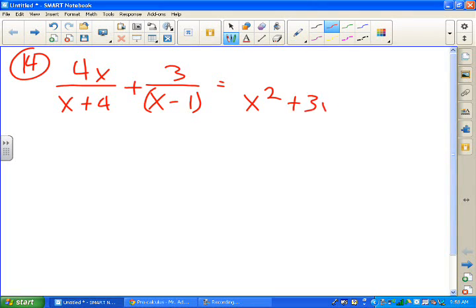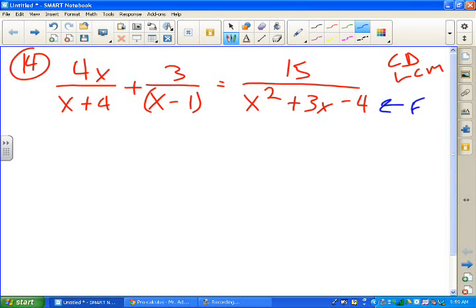We have 4x over x plus 4, plus 3 over the quantity x minus 1, and that's set equal to 15 over x squared plus 3x minus 4. Now, normally whenever we deal with fractions, we need to have a common denominator, or sometimes we'll call that the lowest common multiple. The way that we find the lowest common multiple, or least common multiple, depending on what textbook you read, is that we take all the factors of all the denominators, and find out which ones they have in common,